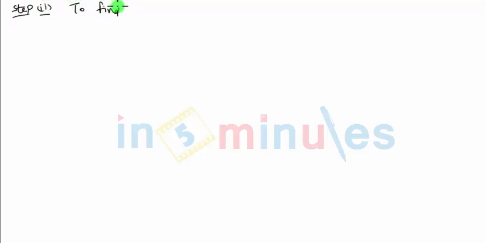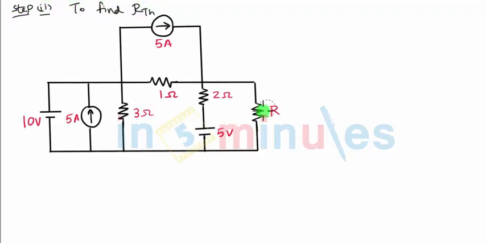to find RTH. Now to find RTH, we start with the same network, but we are once again not going to consider this resistance R, because RTH will be defined as the resistance looking through these two terminals. So this is going to be my resistance RTH, which is between the 2 points that we have defined across R, A and B. Now when you find the resistance, Thevenin's resistance RTH, we replace the sources. We replace current source with open circuit and voltage source with short circuit.